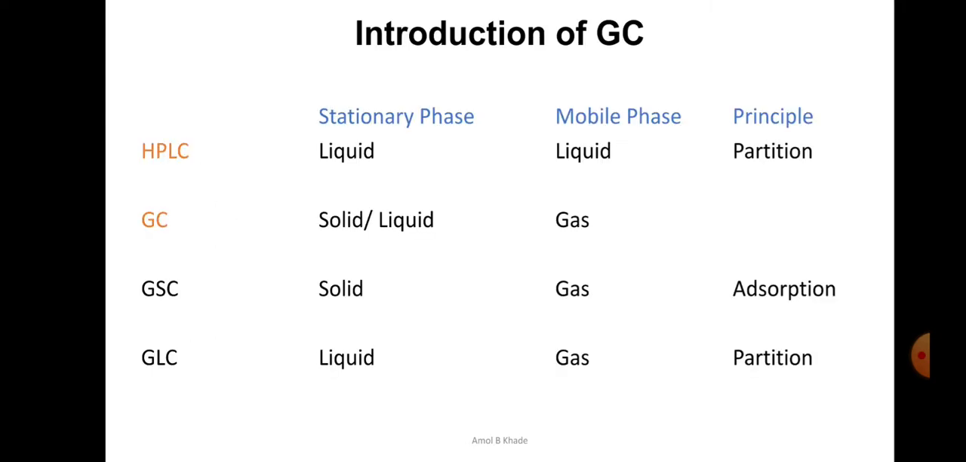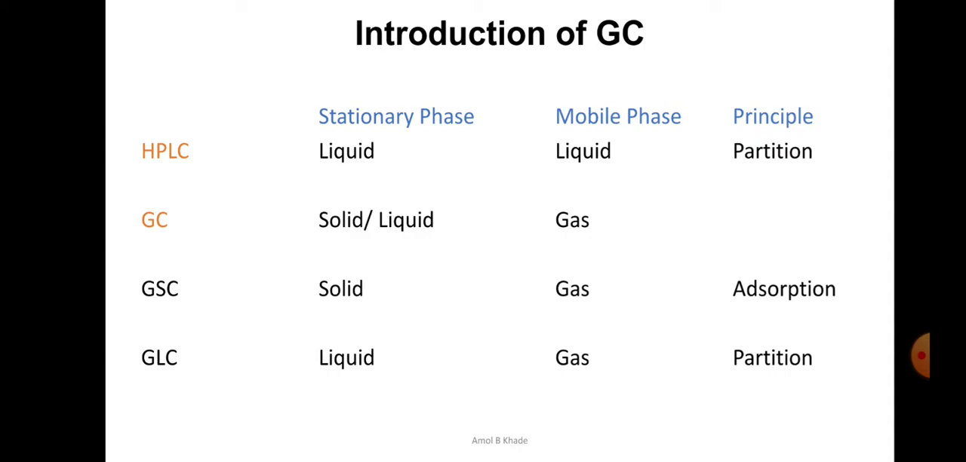We have already studied the liquid chromatographic technique, which is also known as HPLC, that is high performance liquid chromatography. Now in HPLC we know the stationary phase is liquid and the mobile phase is also liquid, so it is also called liquid chromatography, and the principle of separation is based on the partition coefficient or the distribution coefficient. Now when we talk about gas chromatography, the stationary phase can be solid or it can be liquid,